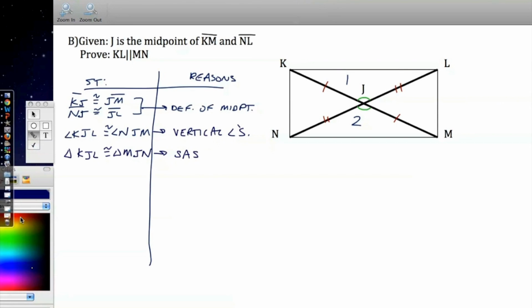What that means then is this, and I'm going to mark these up in such a way so you can see this. That means that angle K goes with angle M. That means that angle L, marked with 3 arcs, goes with angle N. Okay? That means that this side up here, marked with 3 arcs, goes with this side here. How does this help us? Because what I can say now is that this will serve as my transversal for these two lines here, for NM and KL. Well, because